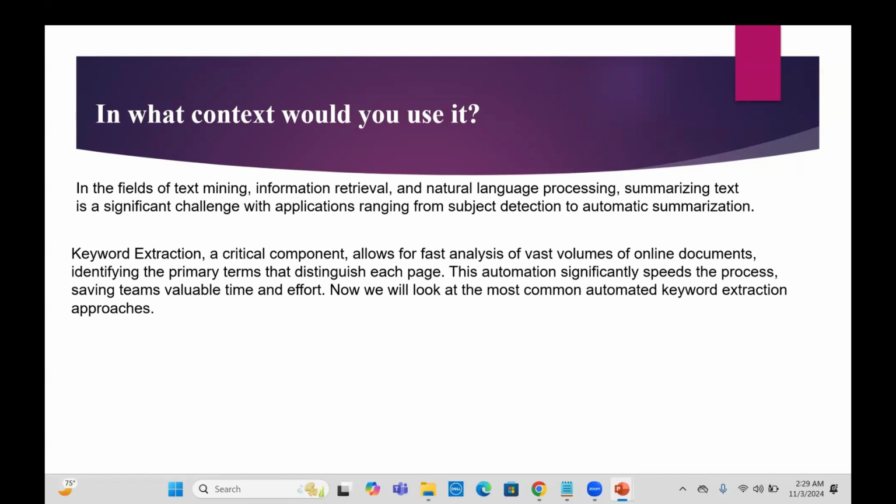For example, if you have thousands of online articles, keyword extraction can automatically pick out the important terms in each one, saving a lot of time and effort. This process allows us to analyze a large amount of text much faster. Next, we'll explore the most common methods for automated keyword extraction. Coming to the next slide,